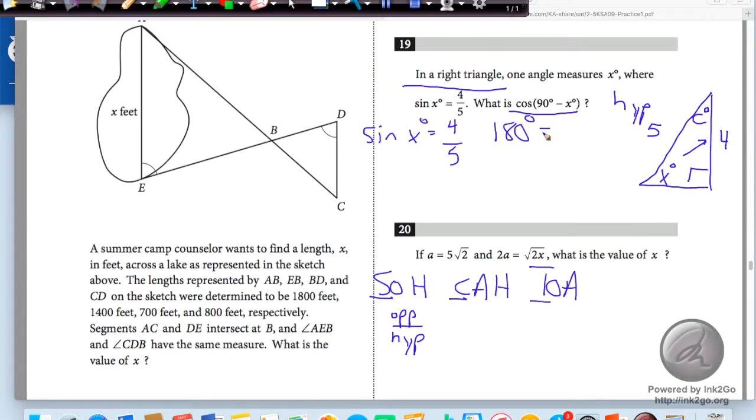So 180 is going to equal angle C plus angle x plus your 90 degrees, right? I'm getting the 90 degrees from the right triangle symbol. So I have 180 equals C plus x plus 90. If I subtracted out the x and the 90, then I would end up getting 180 minus 90 degrees minus